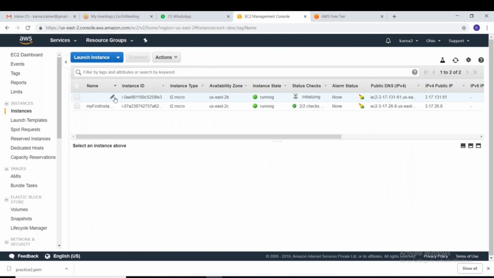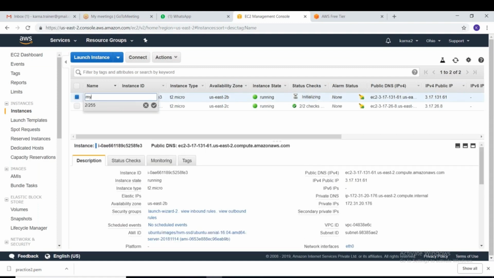The top one, which was just recently created, I named my second instance. You can give any name. This is my second instance, and this is my first instance. So I have two instances here.